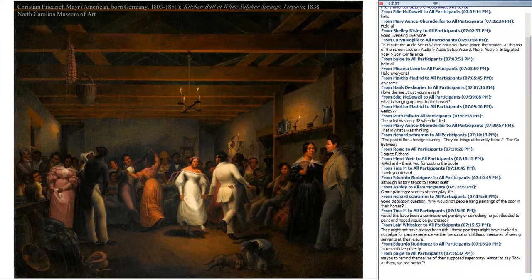He has really observed these individuals as individuals, and this is one of the most remarkable things about this painting, is how the artist has looked upon a group of black people and seen them as people and not as caricatures, as somehow